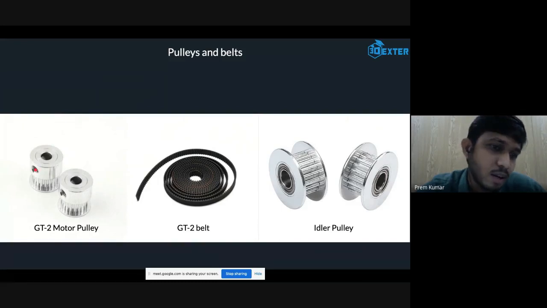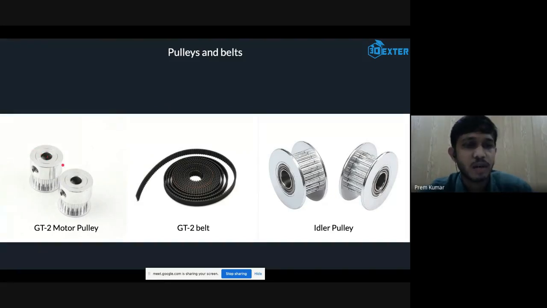This one is a thread which does not have a grub screw right now. There will be two screw holes for fixing grub screws on this side, and on this side also there will be one more grub screw. So you can easily fit it on a shaft, whether it is a little loose or tight. If it is loose, you can easily tighten it so that you can fix it on the shaft. Then the GT2 belt.